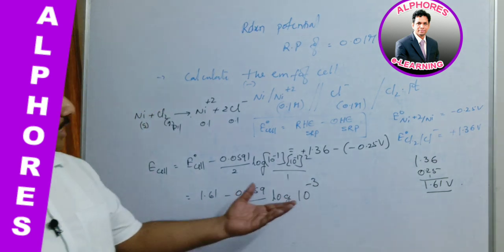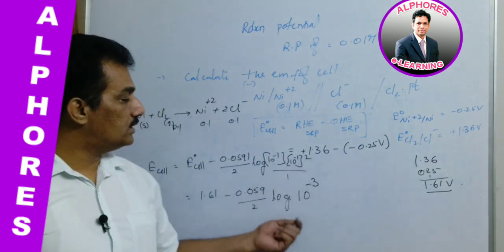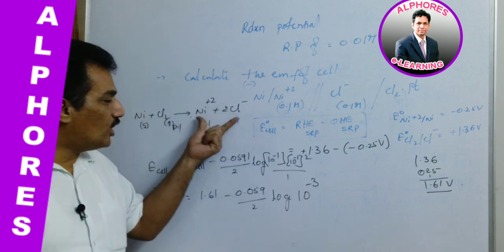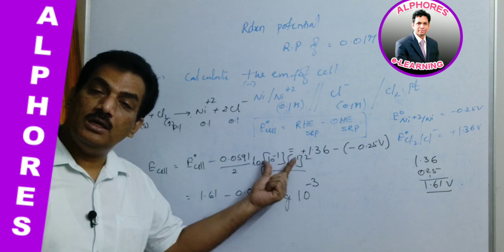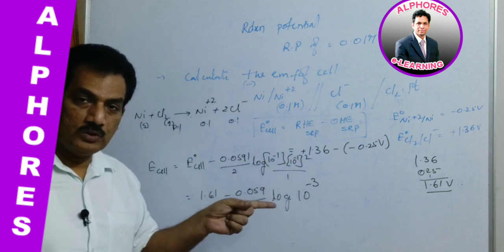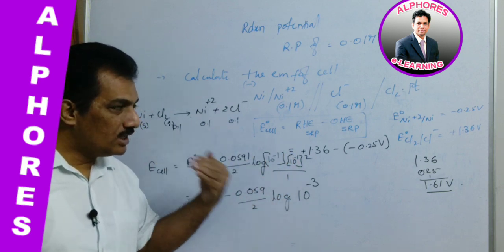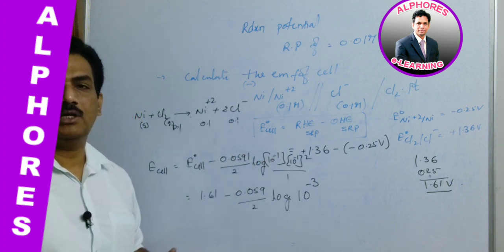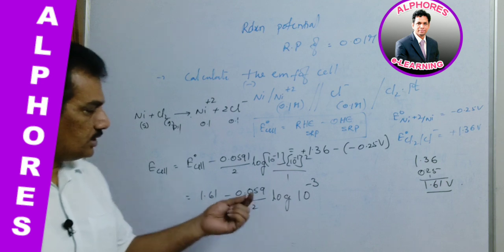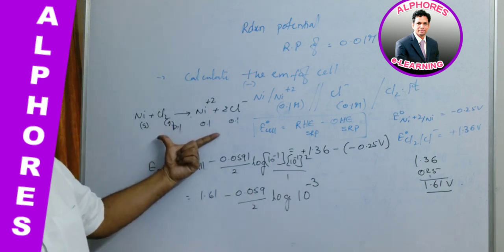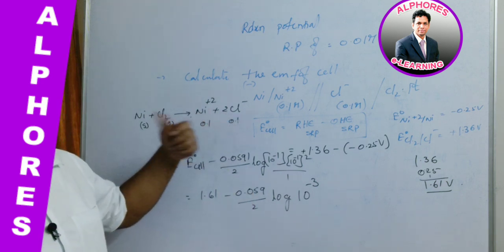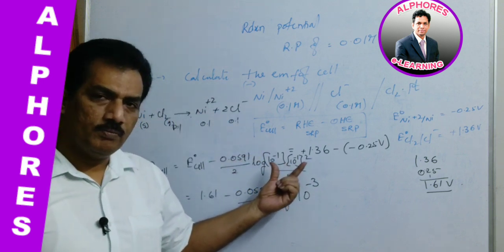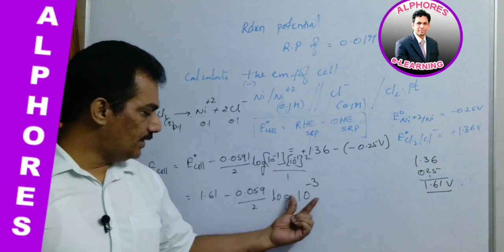Just remember, already in the previous session we discussed that when one is a metal and one is a non-metal, the ionic concentrations both appear in the numerator. Don't get confused. We should not keep in our mind that one concentration is in the numerator and the other is in the denominator. Here, after writing the cell reaction, we are getting both these ions on the product side, and thereby both are in the numerator. Clear?